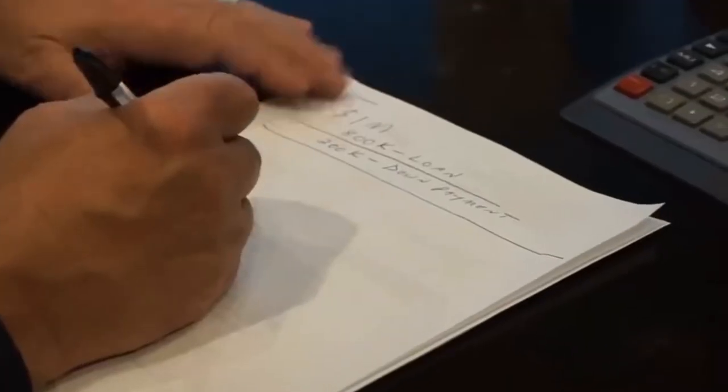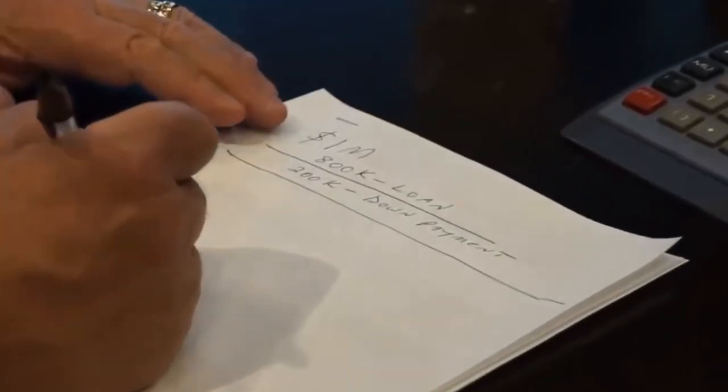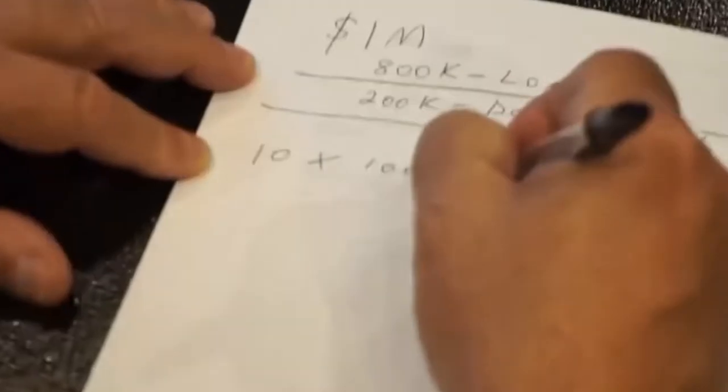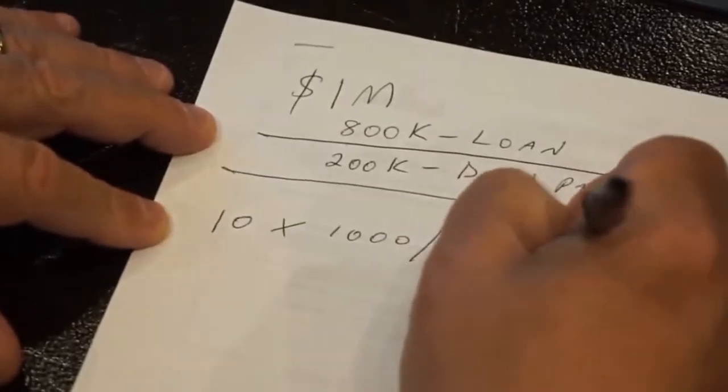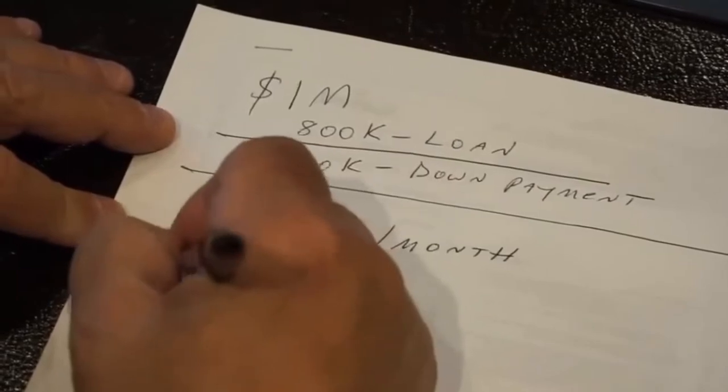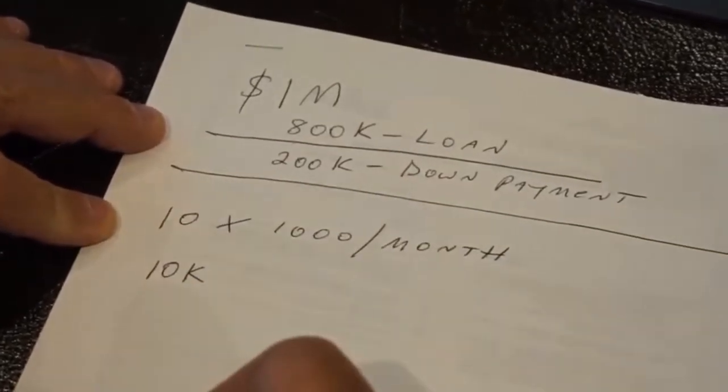Let's say everything works out. You got a loan. You buy the building for $1 million. You owe the bank 800 grand. You put $200,000 out of your hard-earned savings and money your grandpa left you or wherever it came from. And then you have 10 apartments paying you $1,000 a month. That gives you a monthly income of $10,000 a month,